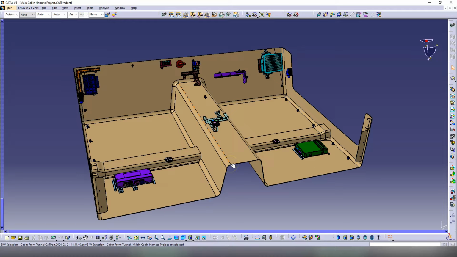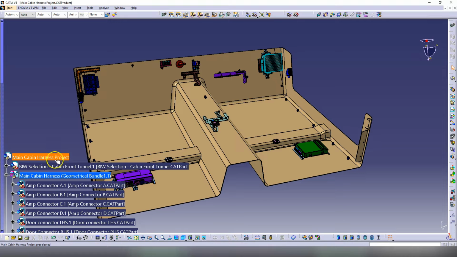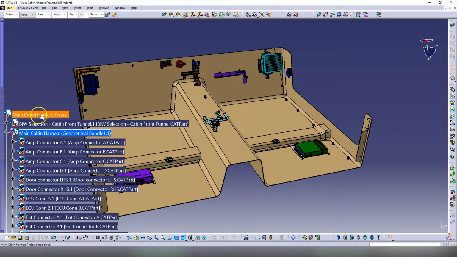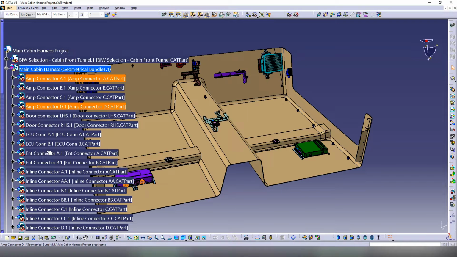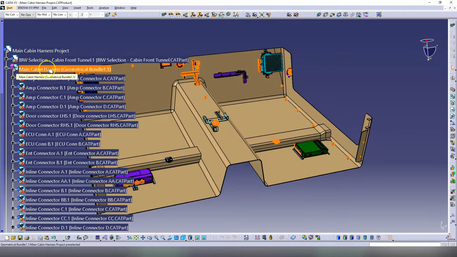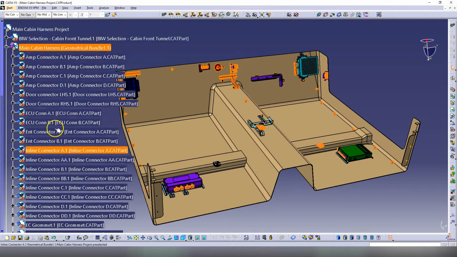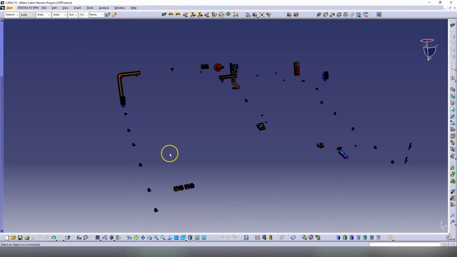In the course there are several videos where we do this whole project from scratch. So first we put together the specification tree. I'll show you here how to make the structure with the products and the cut parts. The product that we are going to use for the harness, where we give electrical properties to the product, and then inside I'm going to show you exactly what you have to put inside and what should not be inside of this product. And in here, let me just hide the mechanical parts,